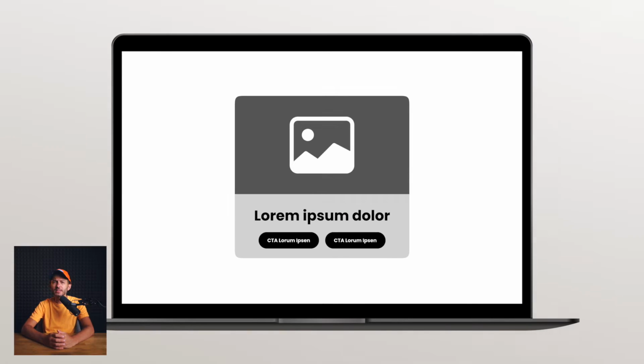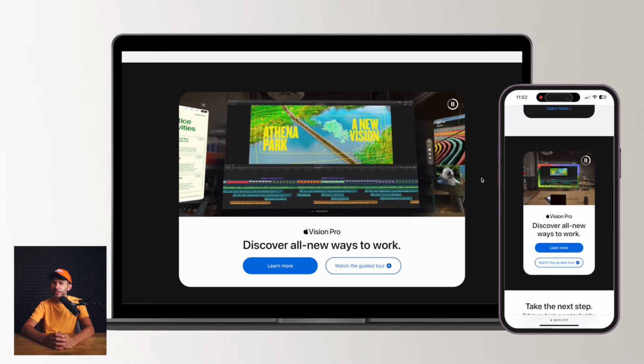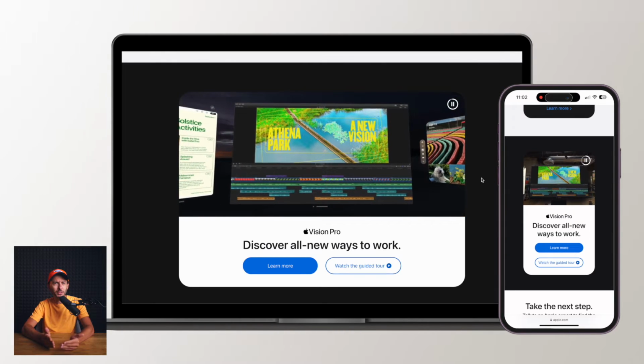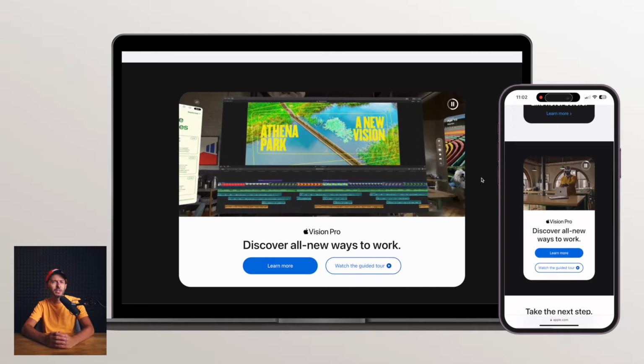The section presented in the image is a perfect example of how technology can be presented in a minimalistic yet engaging way for the user. Let's start with the first impression. We have here a dark background that immediately draws attention to the key element, a person using the Apple Vision